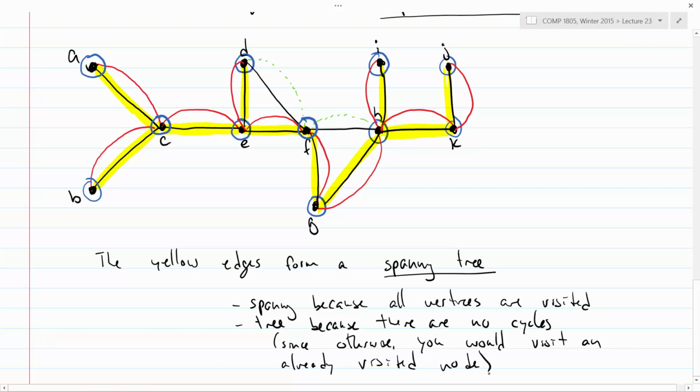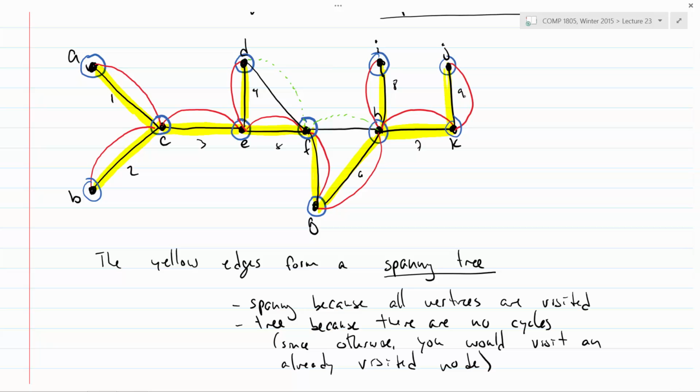So that means a depth-first search is one way that you can get a spanning tree from a graph. And a spanning tree is something that comes in really handy when you're working with graph algorithms. And the reason is the following. Spanning trees don't have very many edges. So how many edges are there in this spanning tree? Right, there's 1, 2, 3, 4, 5, 6, 7, 8, 9. There's 9 edges in that spanning tree.